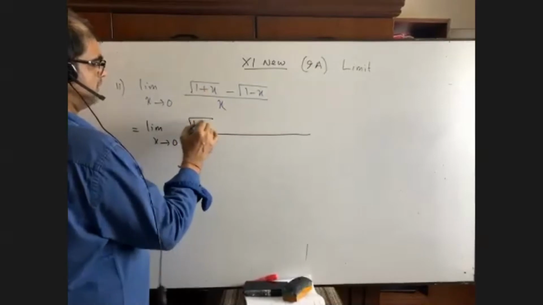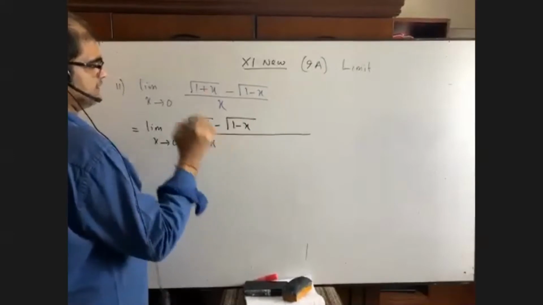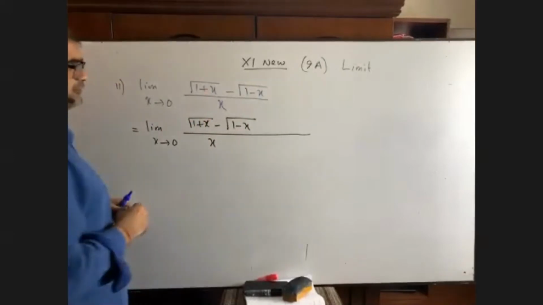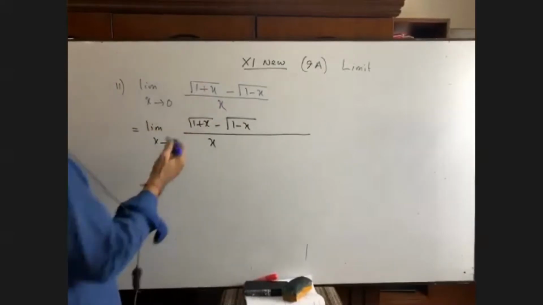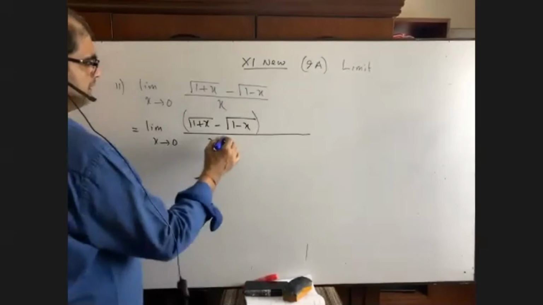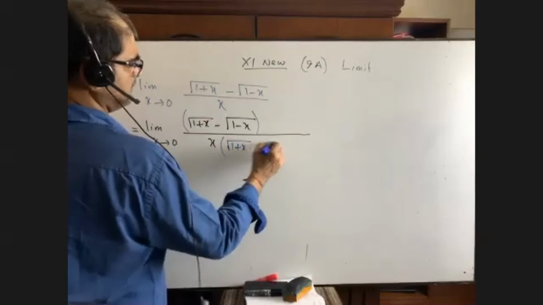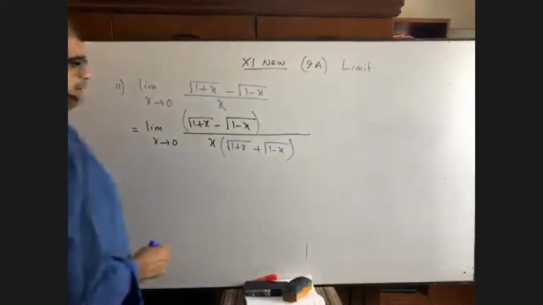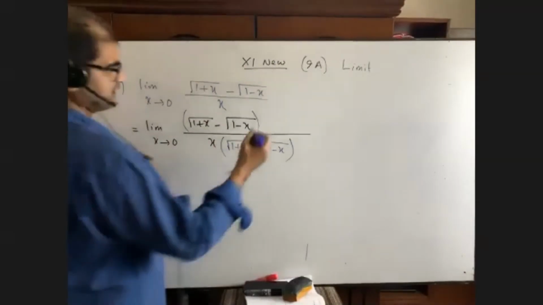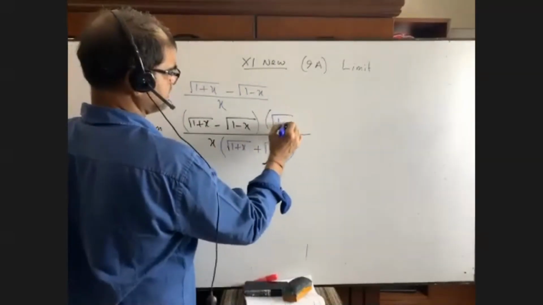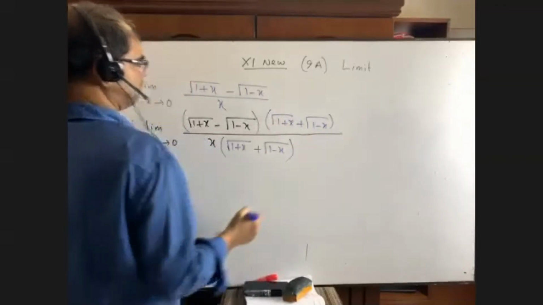This one: 1 plus x minus 1 minus x, over x, right? Now what should we do? You see, if we put x equals 0, then it will be undefined. Then what is our first duty? This opposite is plus, right? So we can do one thing. If it is in the numerator, then you have to get it in the denominator. Vice versa. The procedure is vice versa. Just let me know where you have not got it.